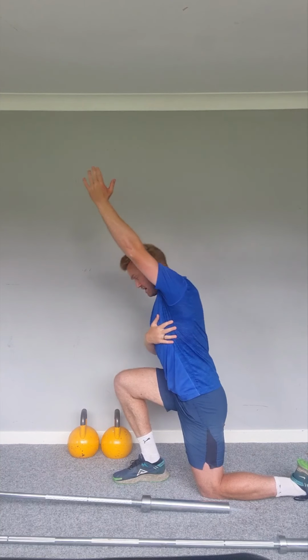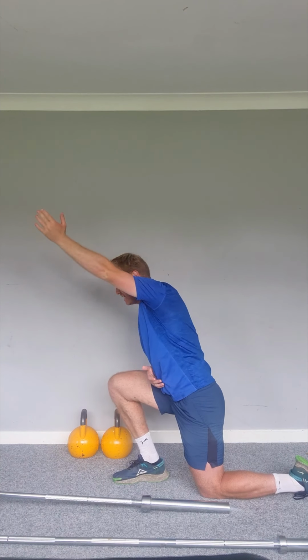So just bear that in mind. That's the sort of thing that, as a coach, if a coach is there to see it, you can highlight it, but it's also very important and worthwhile you becoming consciously aware and taking ownership of the movements as well, because at the end of the day it's not personal training. If it was one-to-one, you could argue you don't need to think about it because the trainer will do it for you, but this isn't one-to-one. Even if it was one-to-one, I think it's important that you learn it anyway, so that you can equip yourself with enough knowledge to then train yourself if you have to. Ultimately, you don't want to always rely on someone correcting you. Once you've learned it, you have